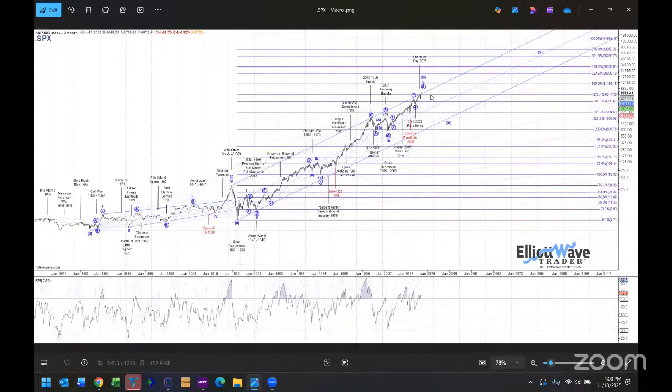Now, the problem that we have living in our time is that we are now coming to the end of that third wave structure. Now, thank God for my job, all I have to do is count to 5. So I know what comes after a 3. What comes after a 3 is a 4. So if we're approaching the completion of wave 3 off of the 1931 low, and all of this is a 5, and this is completing.